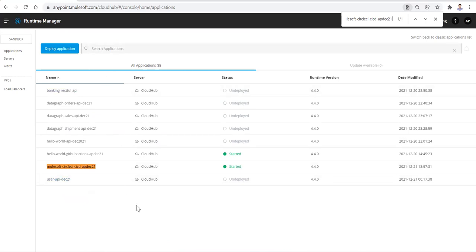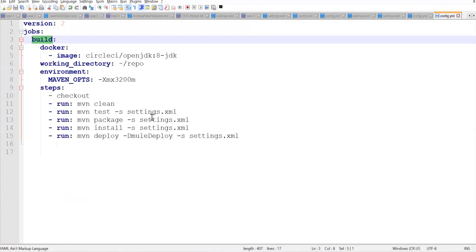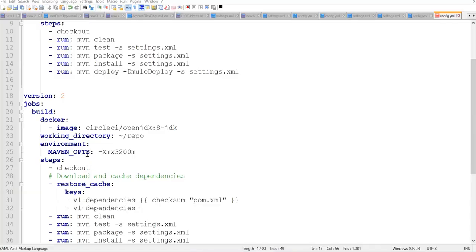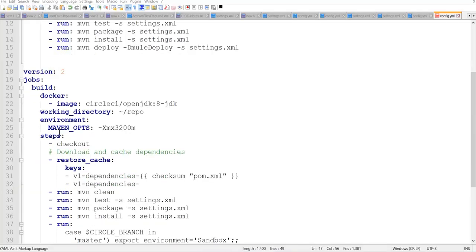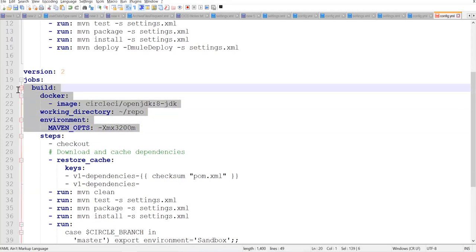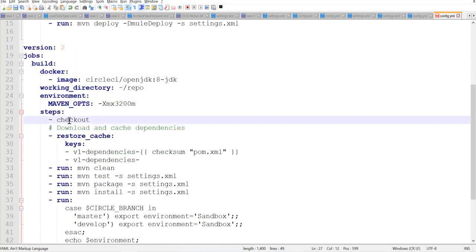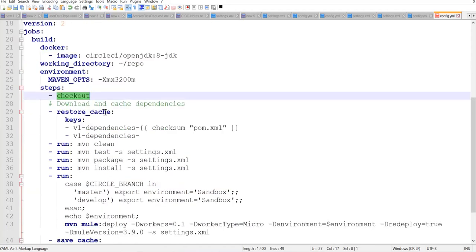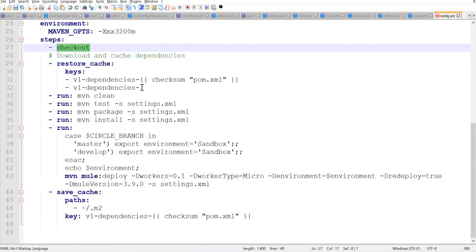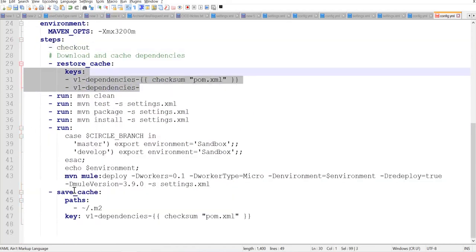If you wanted to do some more stuff in our configuration file, here we can use caching also. When we are checking out, let me show you that quickly. Just a second, I have that. You can see here, guys, this part is common anyway. And then we got checkout. After checkout, we can see the cache. From the cache itself, we can take the previous build jar files. Once your build is done, we are saving it to the cache.